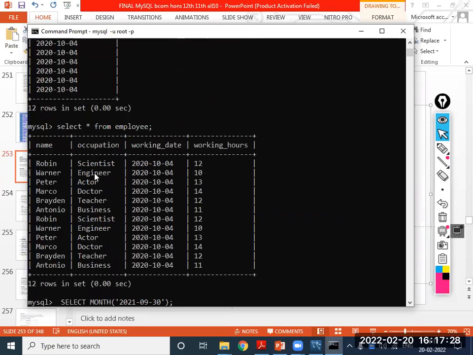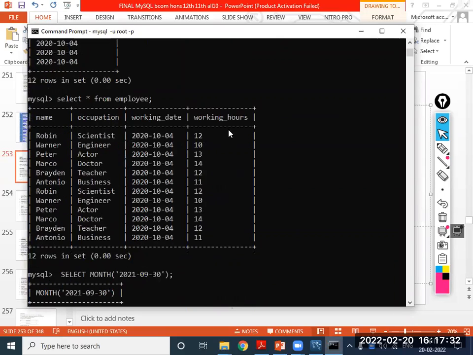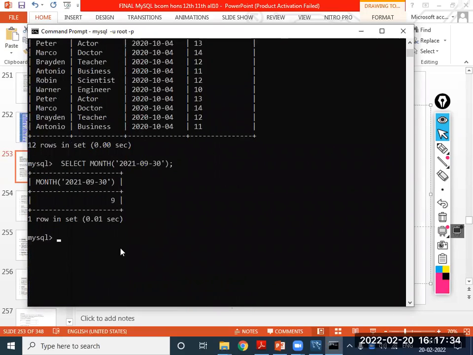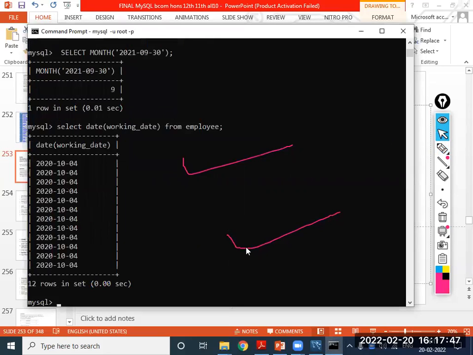Now the same thing we can apply on an existing table. Again I am telling you, there are two types: this will display with the dual table and this will display with the existing table.